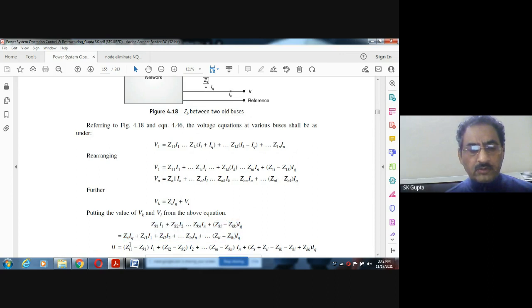Now from here you see, all the I1 quantities we will bring on the right hand side. Here you see I1, and here is I1. So it will be Zi1 minus Zk1, Zi2 minus Zk2, like this the equation becomes. And this Zs Iq comes here, and this term Iq. There are three Iq terms, and they will be put here.